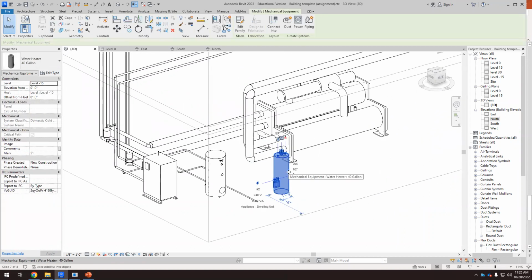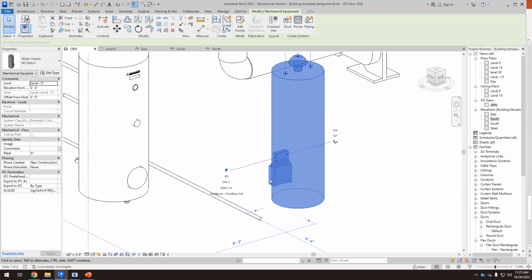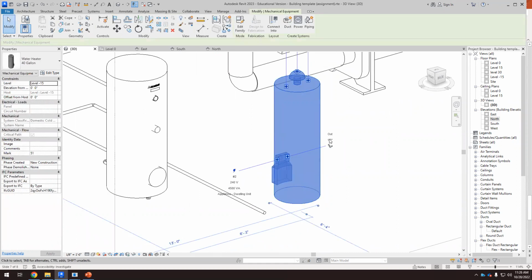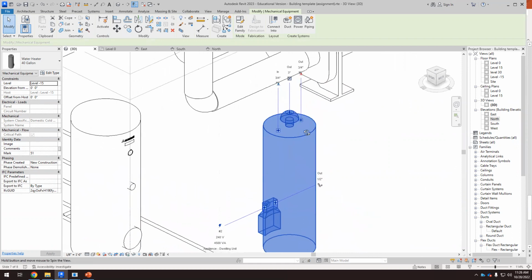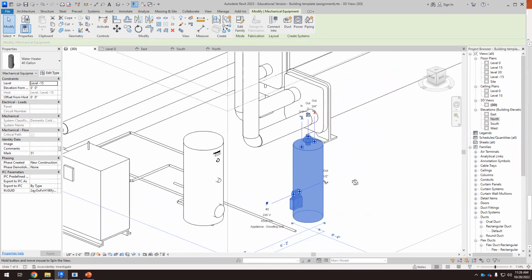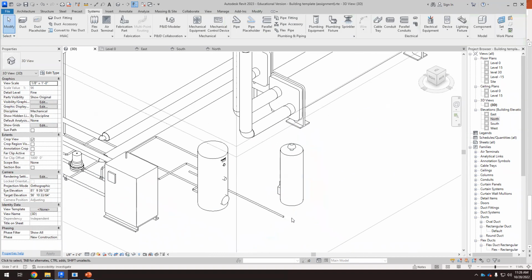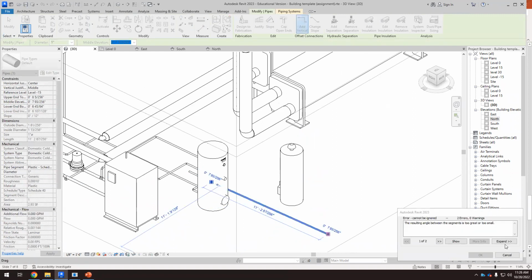Okay, so we have a water heater. Let's analyze the water heater. Well, it's quite simple because we have the electricity here, and we have the outlet. So this is a drainage. Okay, so this water heater has the inlet here at the top and the outlet at the top. Okay, so if we want to connect this to the water supply that comes from the city,